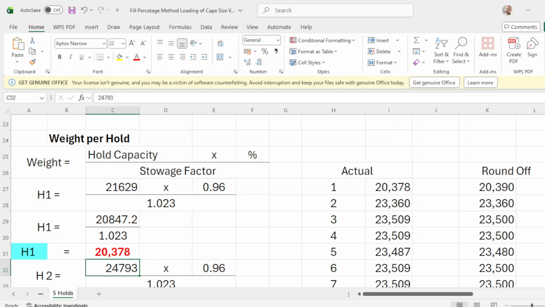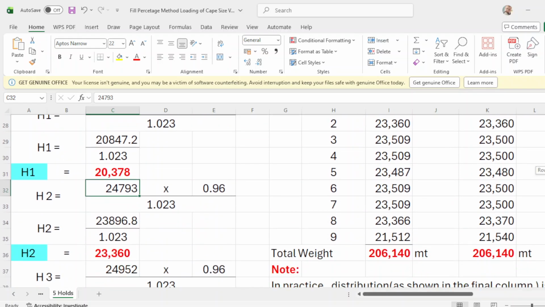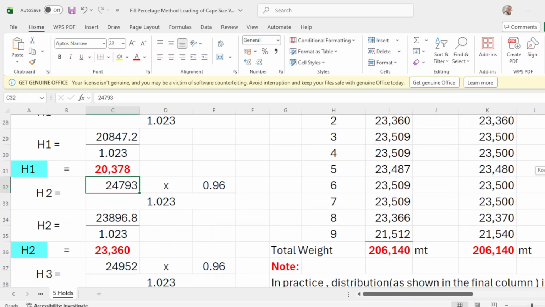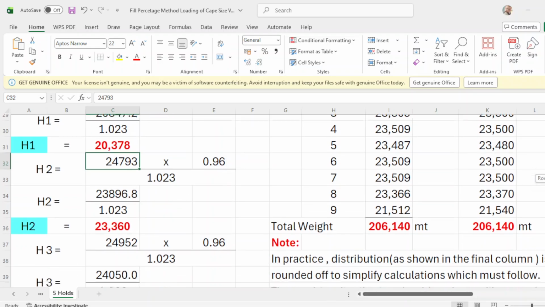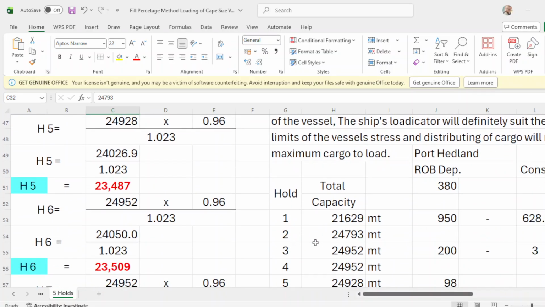Then we go to number 2, the same. The capacity is 24793.